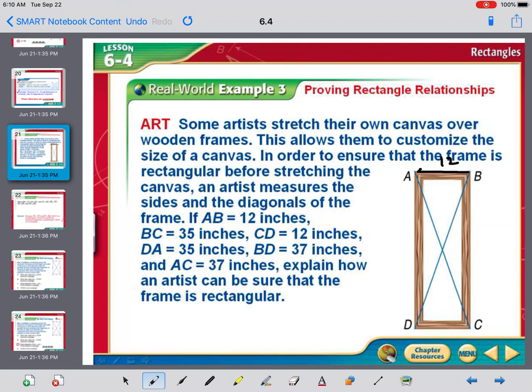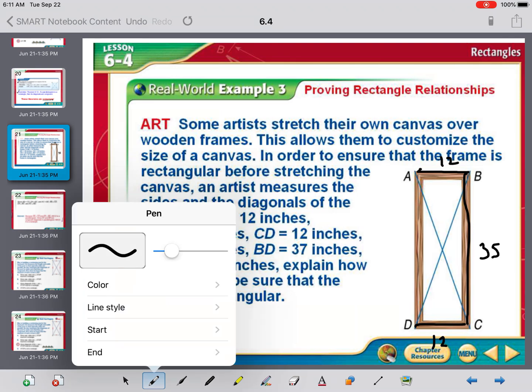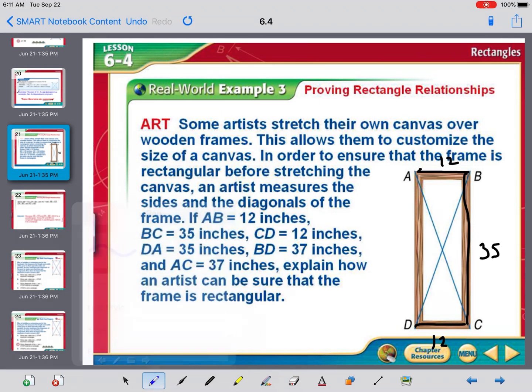If AB is 12 and BC is 35, that's inches, and CD is 12, and DA is 35,